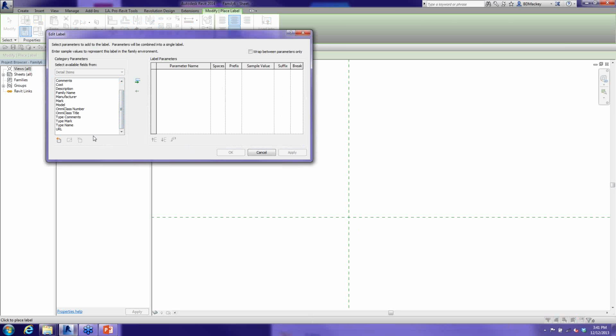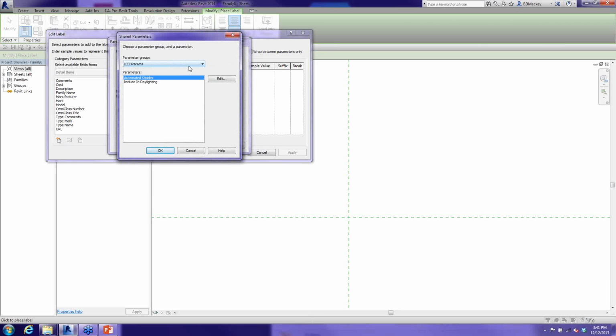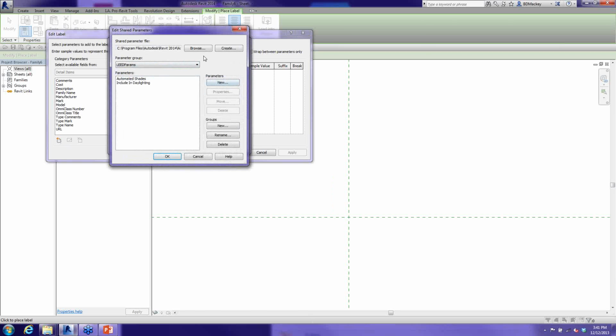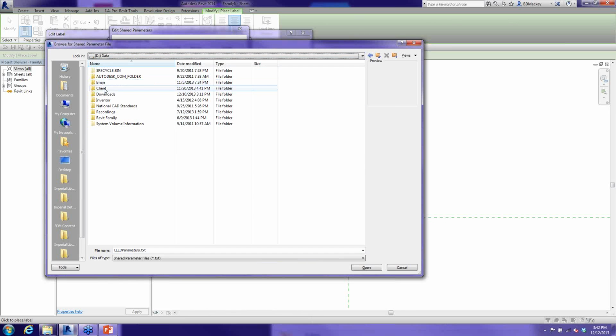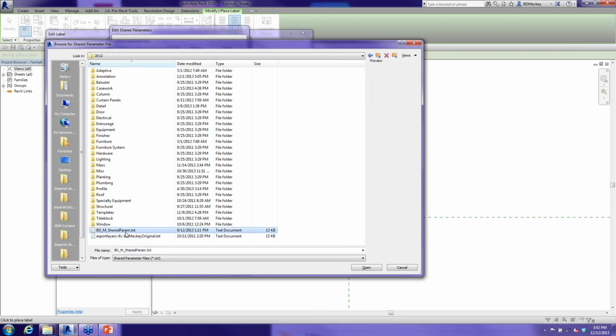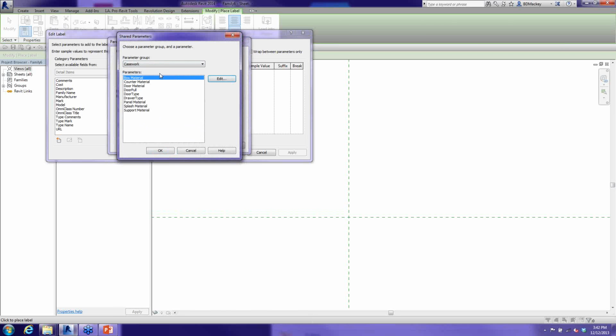And then you're going to start choosing which parameters you want to be using. The problem is those shared parameters don't exist. So we need to go browse to our shared parameter file. So it's using the lead parameters, so I need to go browse to my shared parameter file. So we'll open up my shared parameter file, and I believe under my structural rebar, I have size, maximum spacing, and quantity. So I'm going to need to go choose under my structural rebar